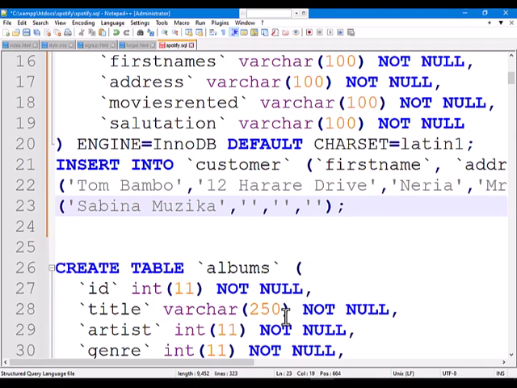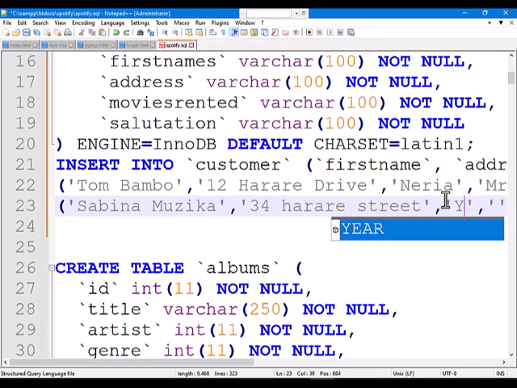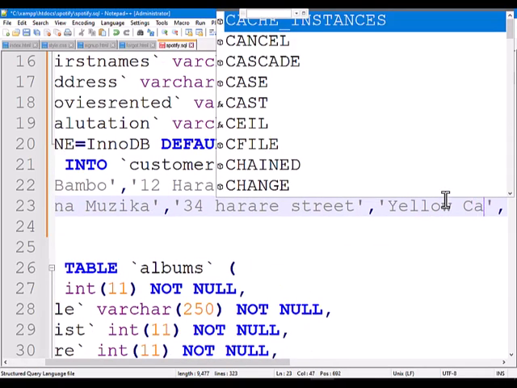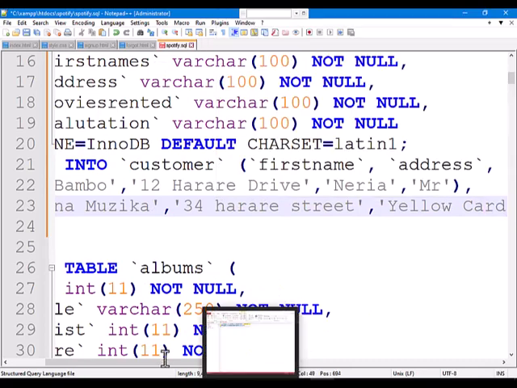I repeat, this is not their address. It's just an address, right? And the movie they rented, what is the movie they rented? Right, they rented this movie, right? And then salutation,